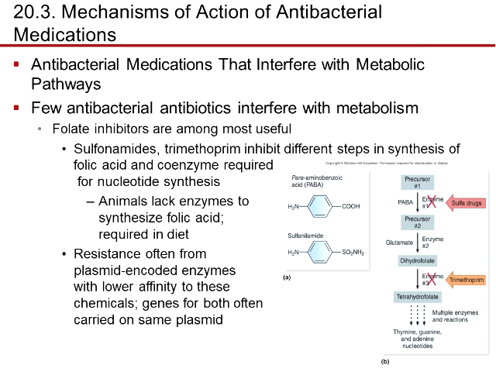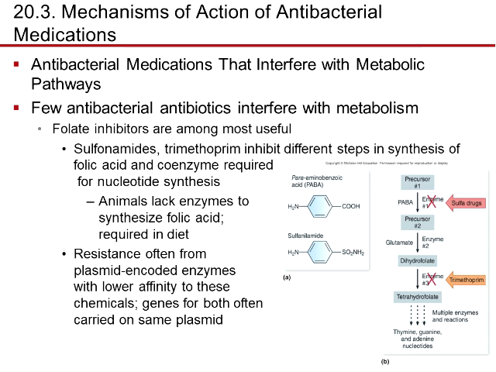Now, antibiotic medications interfere with metabolic pathways. There are a few antibacterial antibiotics that interfere with metabolism. Folate inhibitors are among the most useful, like sulfonamides and trimethoprim, which is the antibiotic included in Bactrim and Septra. They have sulfamethoxazole and trimethoprim, so they're combined antibiotics that are synergistic with each other. The two medications of Bactrim or Septra are the same medication, just different brand names.